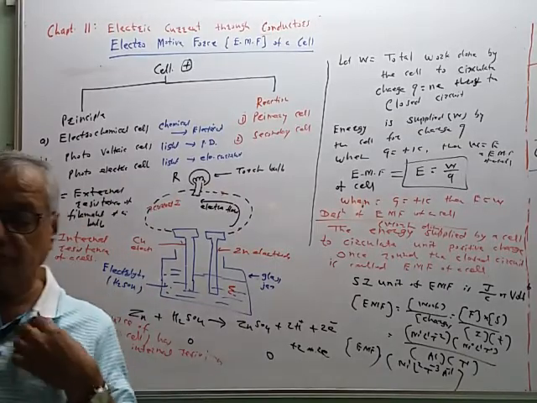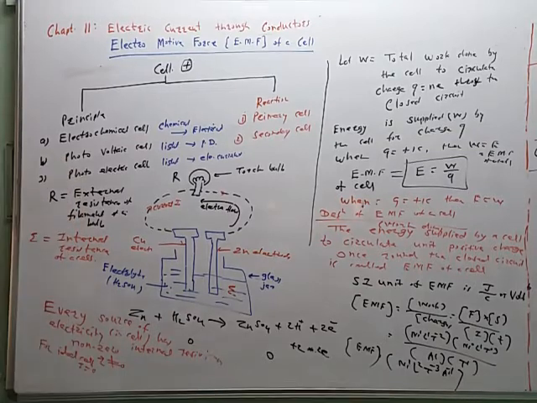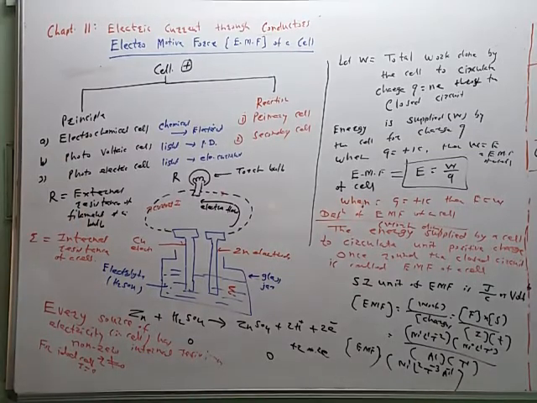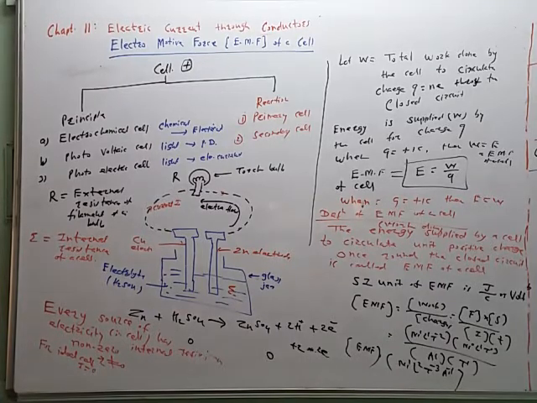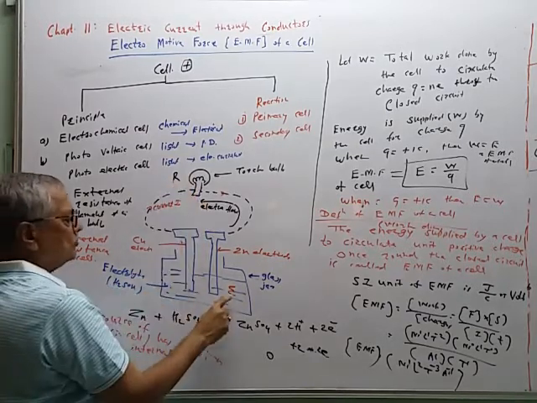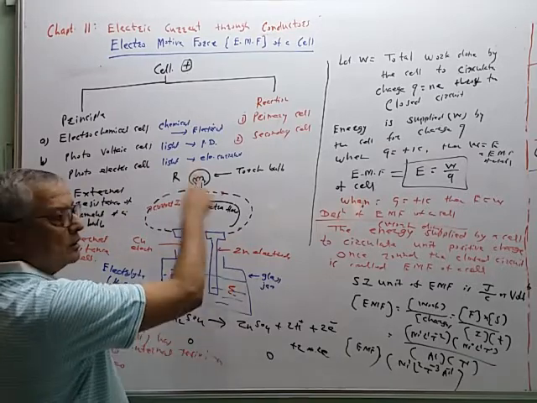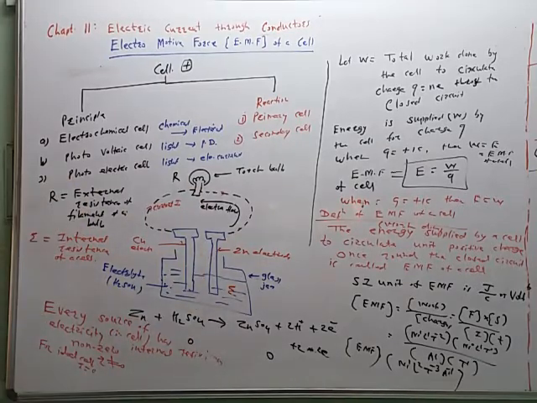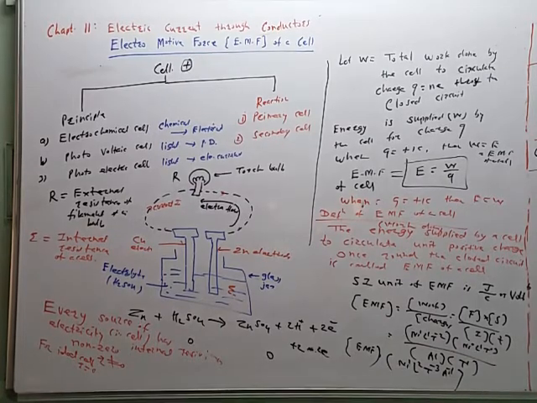Now, we have to define one more term associated with the cell and that is called the TPD, terminal potential difference of a cell. So we are using the same circuit but in some different form. R is the external resistance, r is the internal resistance, and this is the path along which the charges are circulating. So to get the relation between the current, external resistance, internal resistance, and EMF, we have to use one more separate circuit.